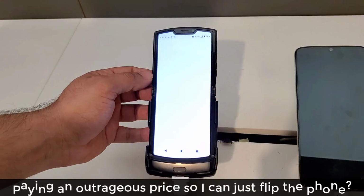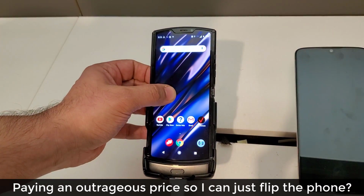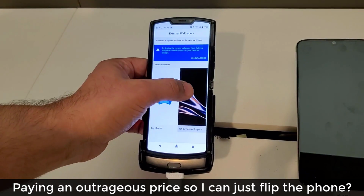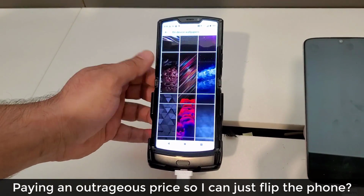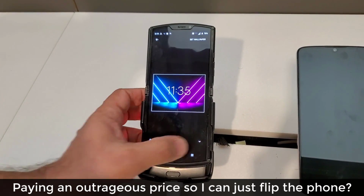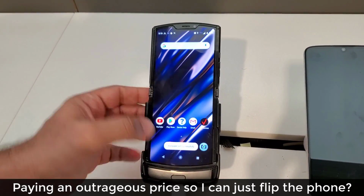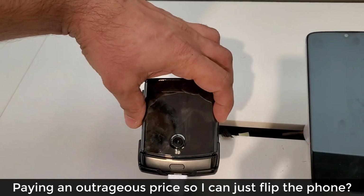The third reason ties into the fact that this is a highly priced smartphone. So I'm paying a premium price of $1,500, but only getting something mediocre in return, as if I'm only paying for the flip functionality. And remember, for having beyond flagship prices, it still doesn't have things like wireless charging. It doesn't have a headphone jack. It doesn't have expandable storage. It seems it was just designed to be a flip phone, but the price tag is in fact outrageous for